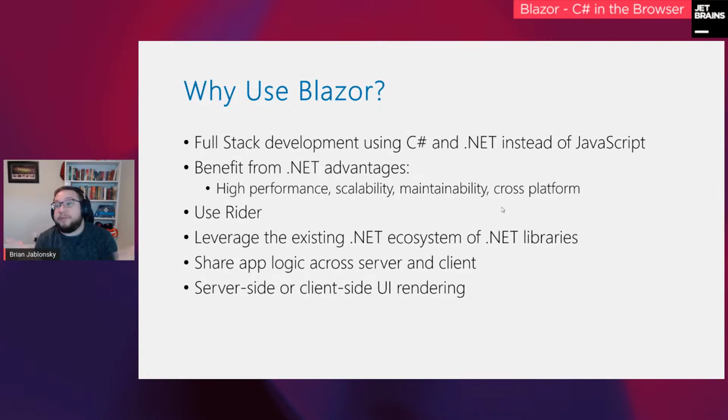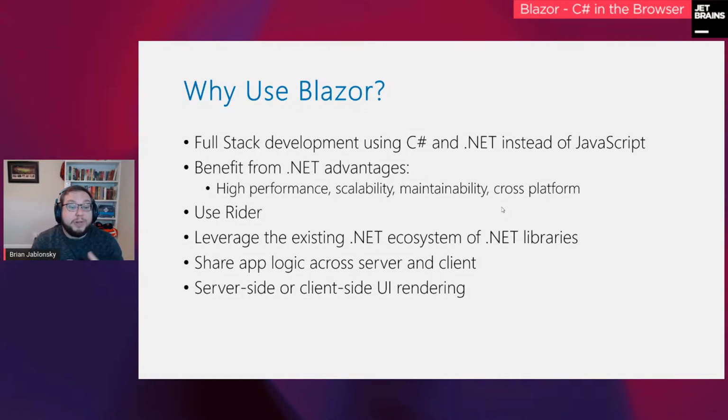The other thing is you have two different hosting models. You can do the server-side hosting model, which is like your traditional server-side language where it gets rendered on a server, but there are some slight differences and performance differences that have come out of Blazor. It doesn't use HTTP, it uses something called SignalR, which is a WebSocket technology by Microsoft. That helps the client-server communication be super fast and really small.